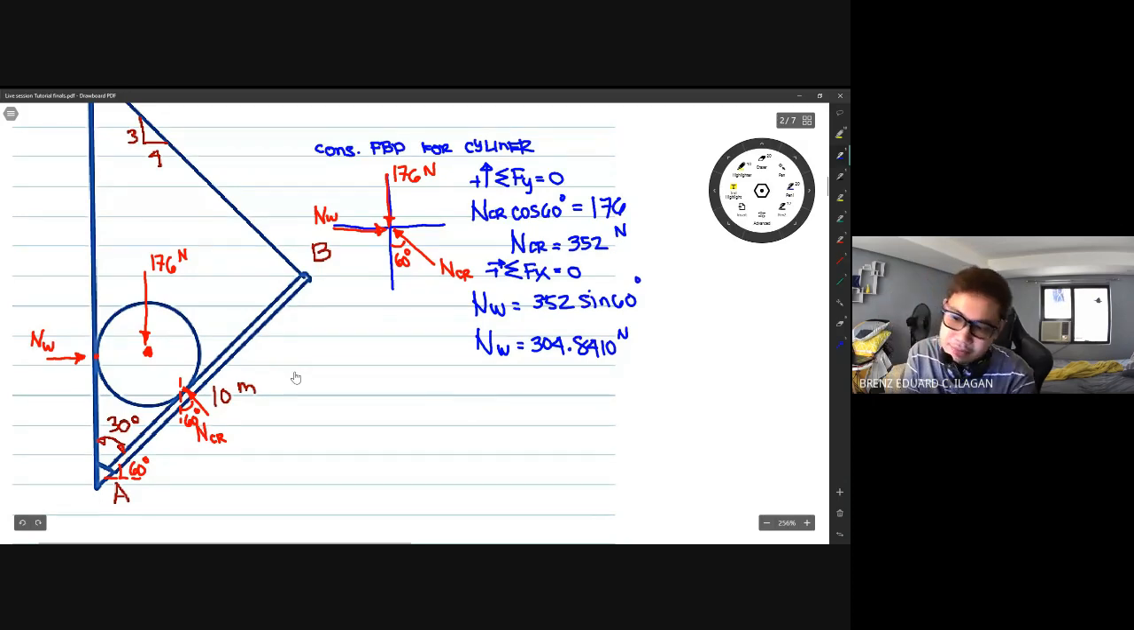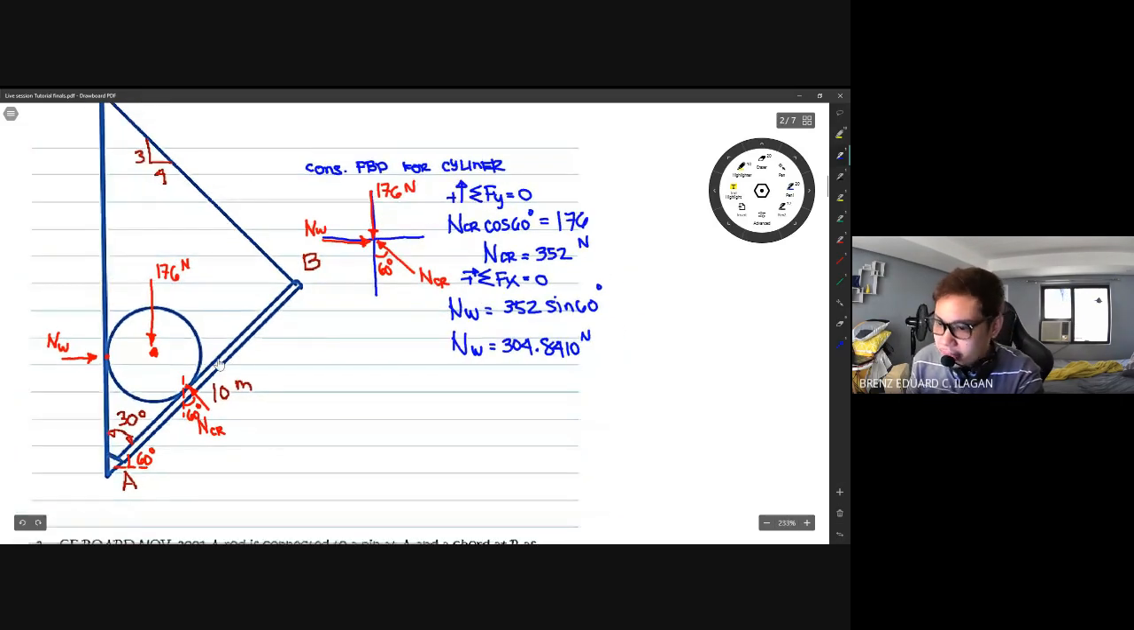Ayun, ang next na gagawin natin. So now we will transfer it sa rod. Okay? So, ang kailangan pala natin munang malocate is saang point mag-a-act yung NCR natin. Knowing na ito guys, yung buong kahabaan nitong rod is 10 meters. So, to solve for that, ilalagay ko siya as distance